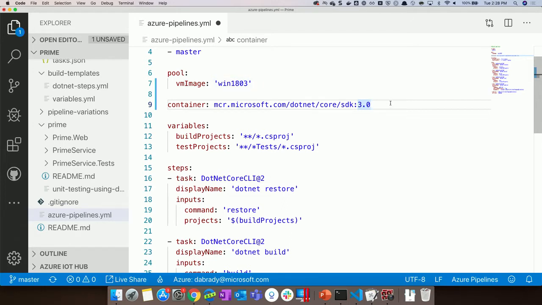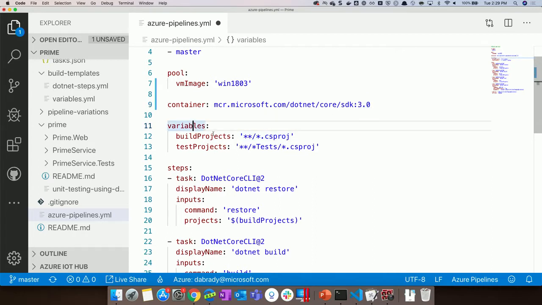So you've got to have your own repository of images and pull the image that you want specifically that already has stuff installed or cached or whatever, so you can use it in your build. And what will happen is we'll spin up one of these VMs, we'll get that image, and we'll spin up the image, and we'll run all the stuff you need to do inside that image. So that's one thing we can do. In this case, it's actually not going to speed things up very much because we're just using a pretty standard build. So I just want to skip that for a second.